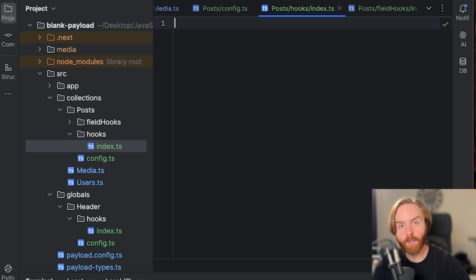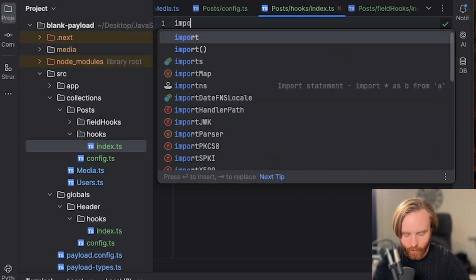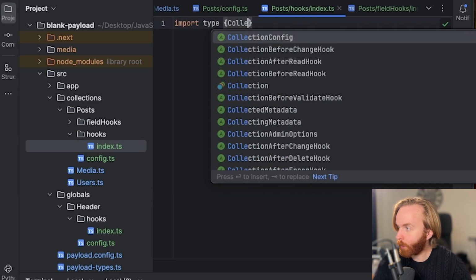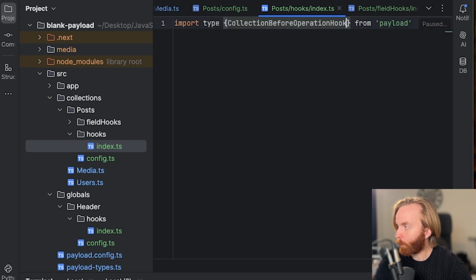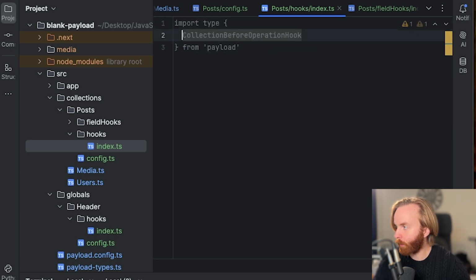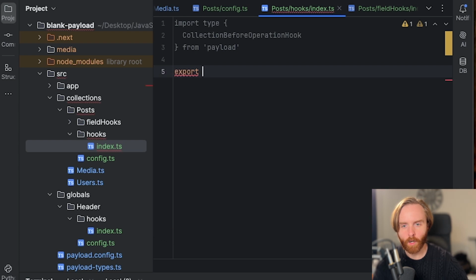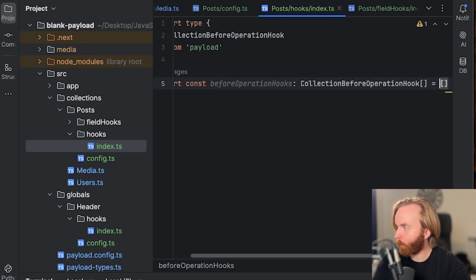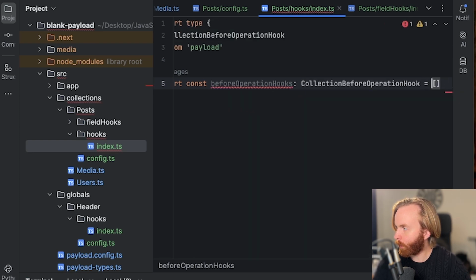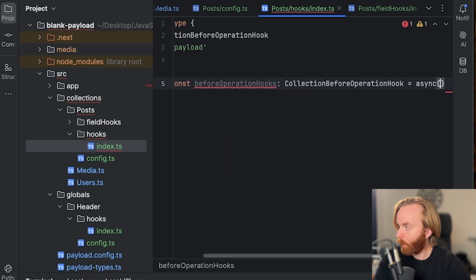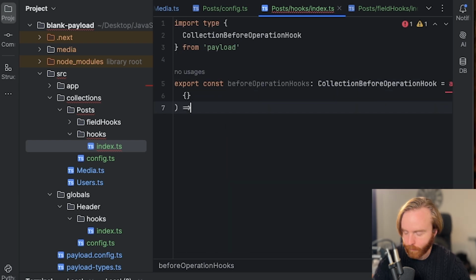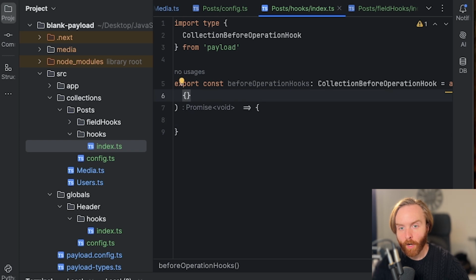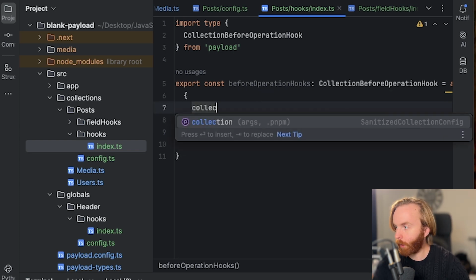Each collection hook will need its type imported from payload. So starting with before operation, you'll need import type collection before operation hook. And we'll add that from payload. Then we'll export a new const called before operation hook. And we'll add collection before operation hook type and set it equal to an async arrow function and open the function there. In before operation, you have access to collection,